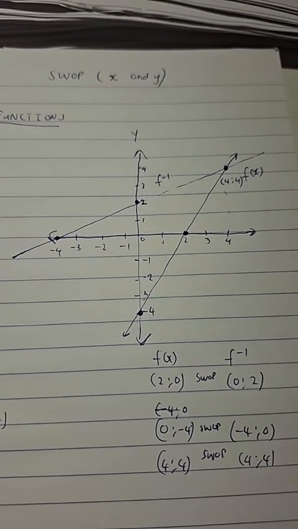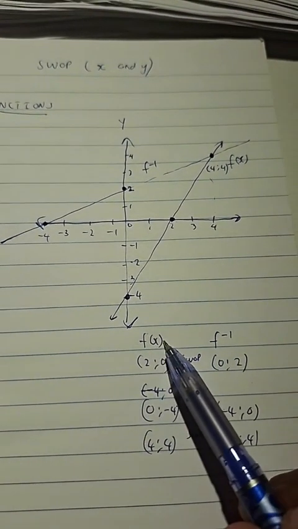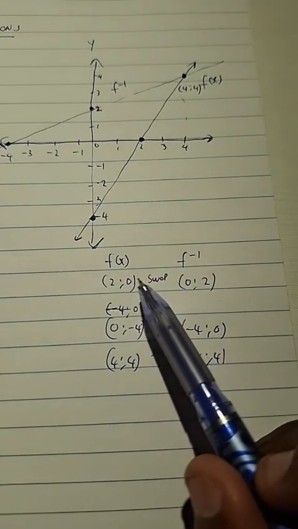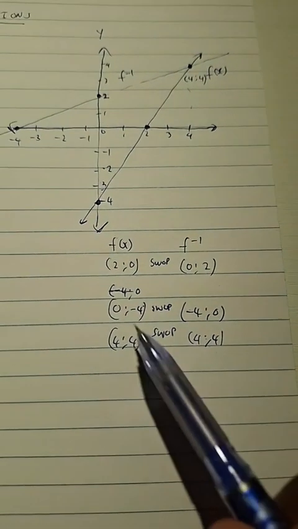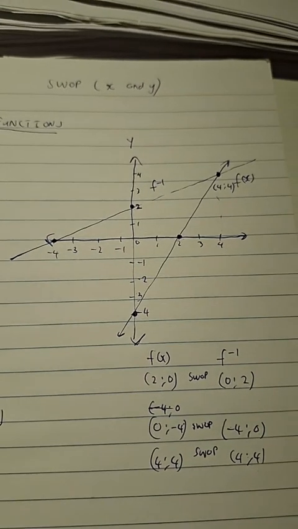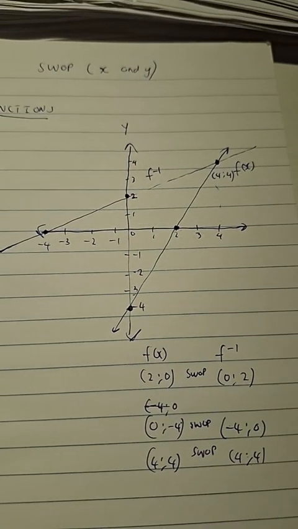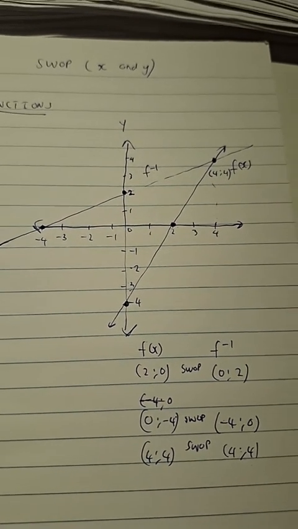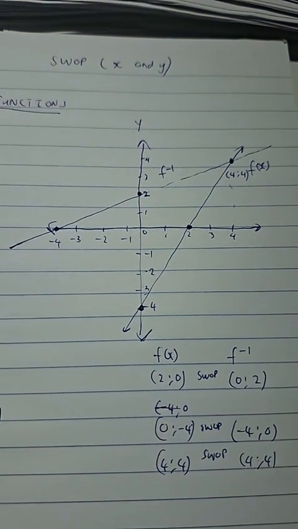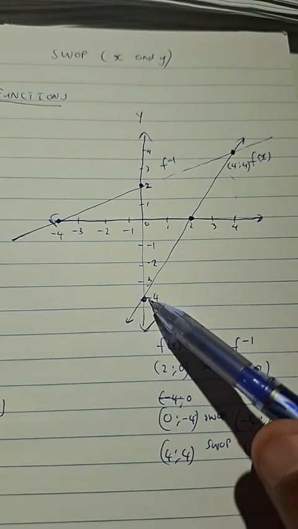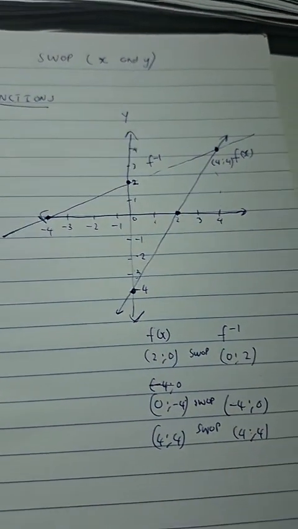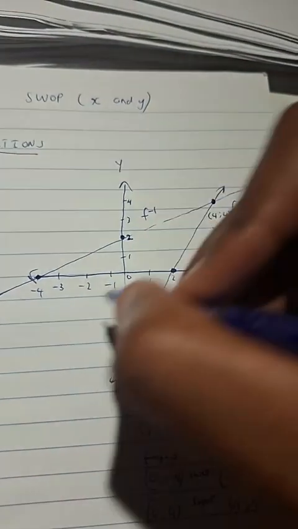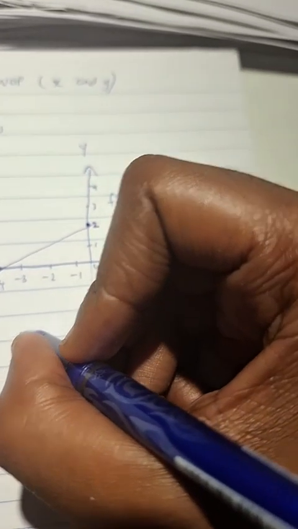All I did is I simply used the coordinates of the original function, and I just swapped the coordinates I had for the original function, because that's the essence of what comprises the inverse of the function. It's when we are able to swap those coordinates of the original so that we can get the inverse of the function. Now what you would then notice is that these two functions